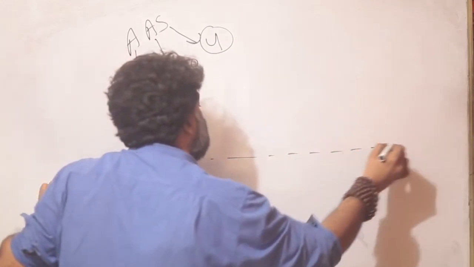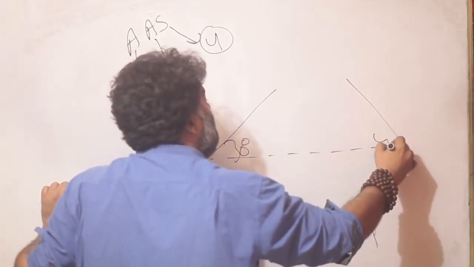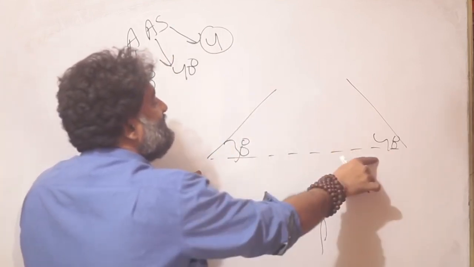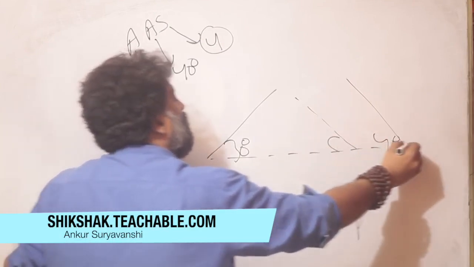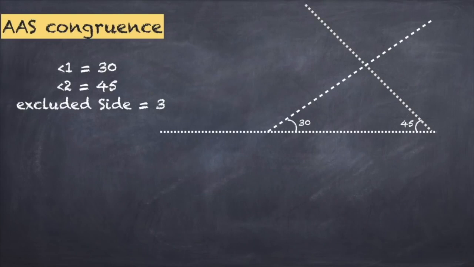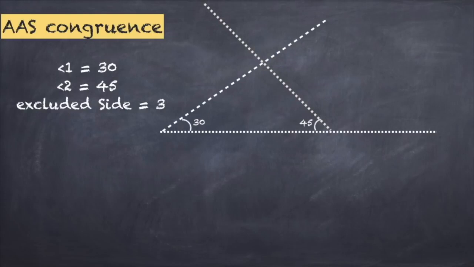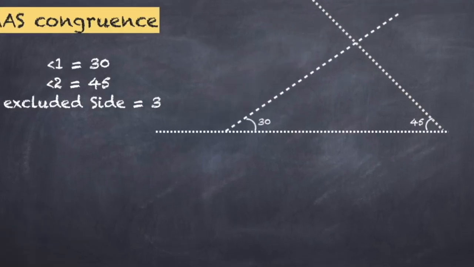So let me draw a general purpose base, and I have a 30 degree angle and I have a 40 degree angle. And remember, this information is not given to me. No information given about the included side. So this side is not given to me. That means this 40 degree could be here or it could be here, or you can move it back, it could be here, and in each case it would create a different looking triangle. Because this base information was not given to me, I can move these angles across this horizontal line and I can end up creating multiple triangles.